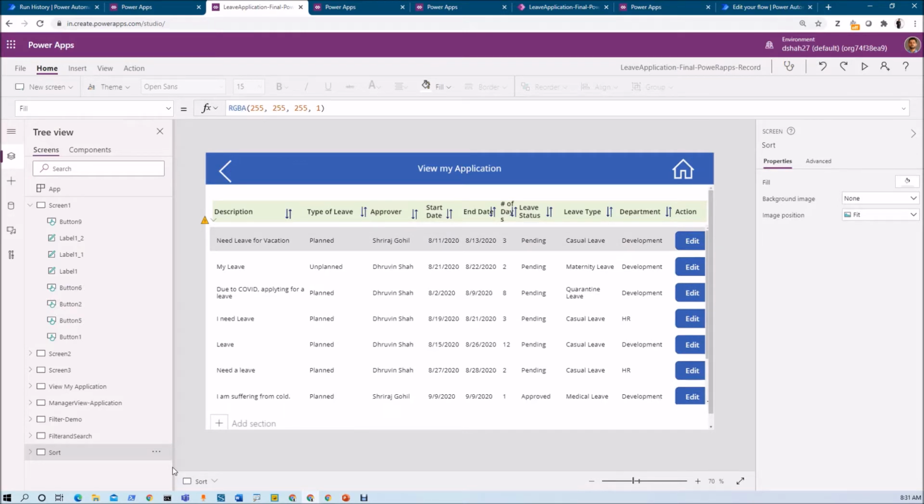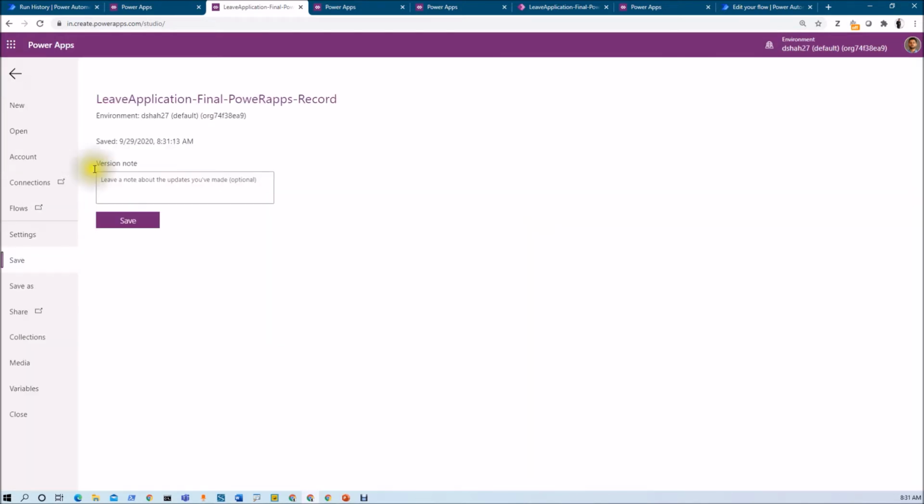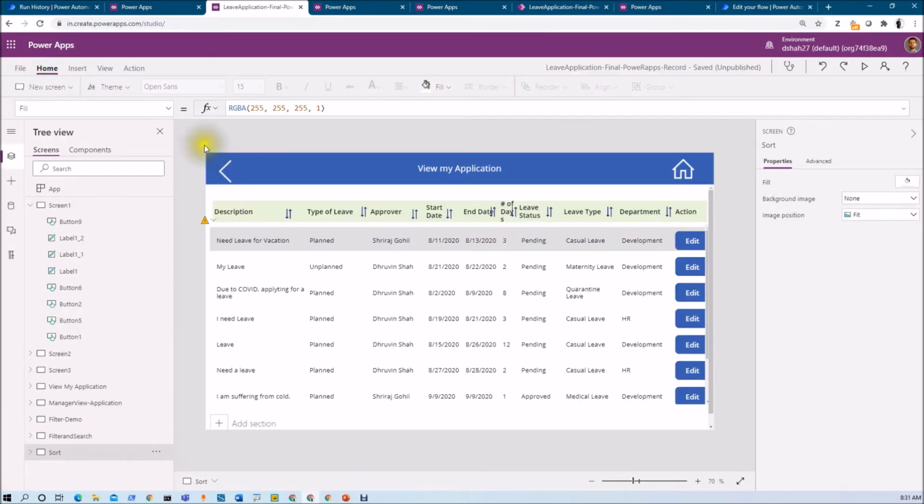Now on the second day I realized that I made that mistake. I want to restore that page again. So how can I do that? At this moment, let me intentionally save this particular page, but during actual app development Power Apps automatically saves this application, right? And every time it saves, a new version is updated over there.